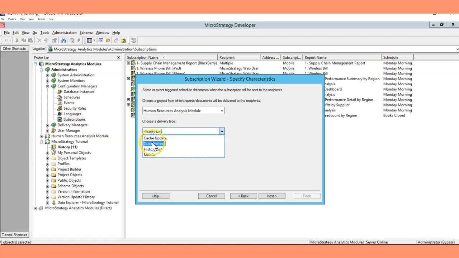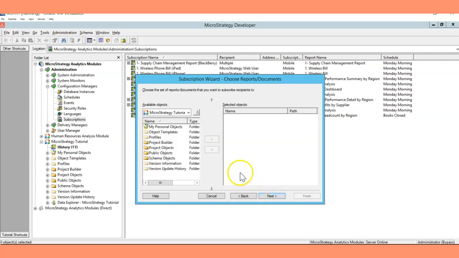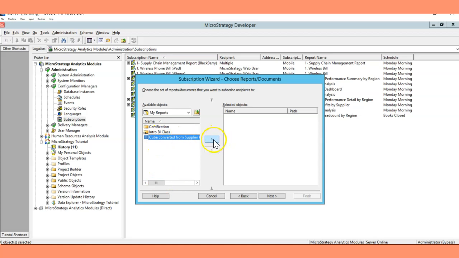If you just want to create a cube refresh, as we have created the cube in our last videos, you have the options to refresh the cubes. I'm just selecting this project tutorial. I'm going to cube refresh here. I'm just showing you, I'm not going to create it. You need to go to reports, my reports, and this is the cube which we have created in my last videos. And that's how you can create the subscriptions to refresh your cubes.